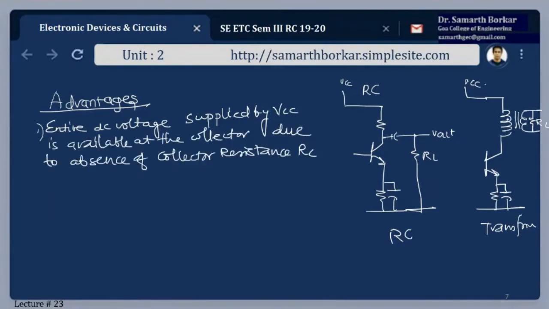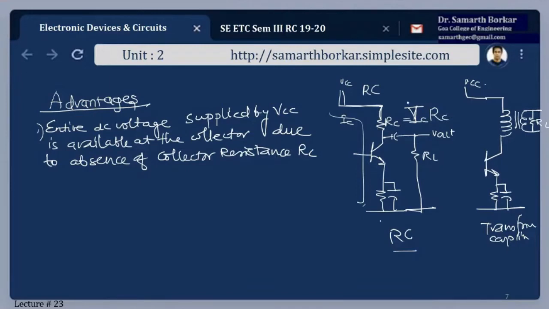See here, in case of transformer coupling, we don't make use of a resistor here. But in case of RC coupling, you see a resistor here. Now, forget about the AC signal. When VCC is connected, and if the circuit is properly connected, it completes the entire path. So whenever the path is completed, current will pass through this circuit. This current is a DC current, IC. Now, here I'm having resistance RC. Circuit is properly connected, so current IC will pass through this RC, thereby having a voltage drop across this resistor, which will be IC into RC.